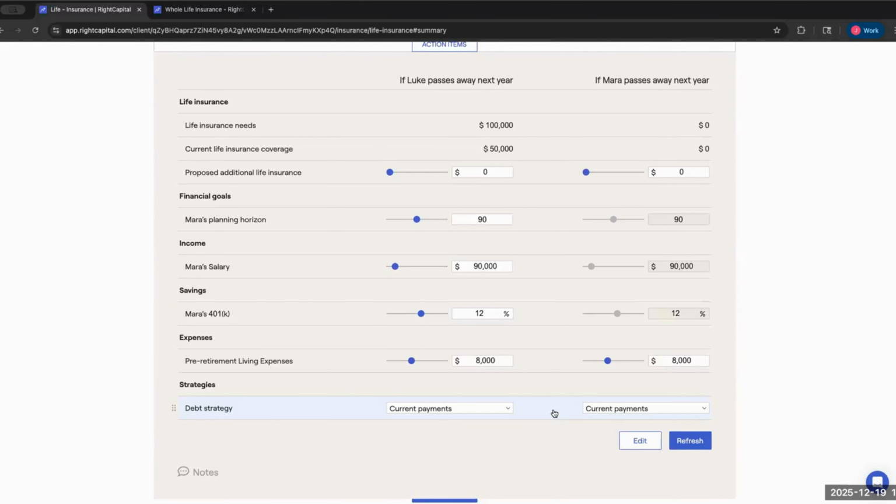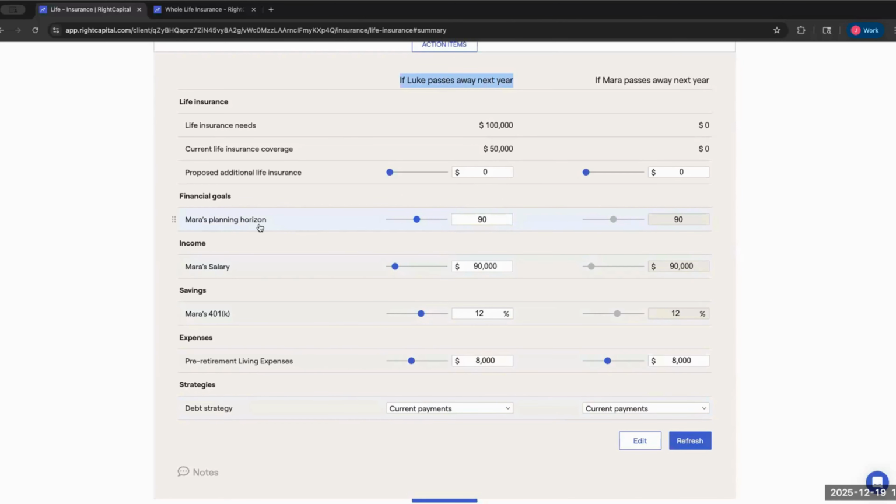It's actually pretty hard to understand maybe every single area that's going to end up affecting, because it'll probably affect just about everything, right? So there's different things I want to plug in here. And the reason I want to do this is to try and refine this down as much as humanly possible. So what I'm going to do is say, hey, if Luke passes away next year, how is the plan going